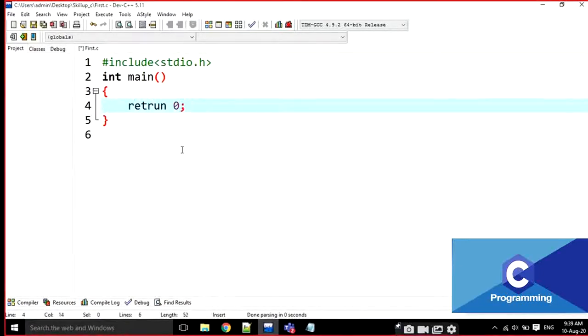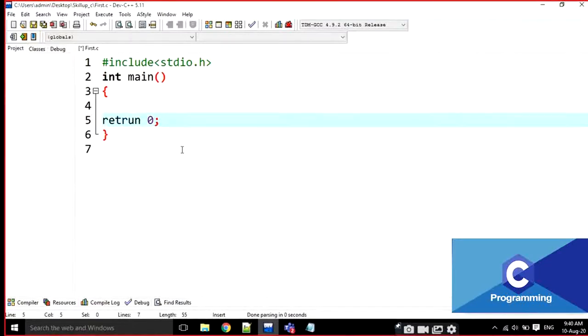Return 0. First of all, every time when we are writing the program, we have to write like this. Some students write this return here. That is not a syntactical error, but the best practice is indentation. What is that? Indentation means giving some tab space.